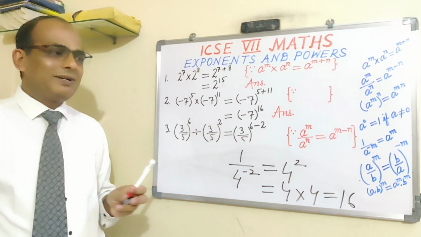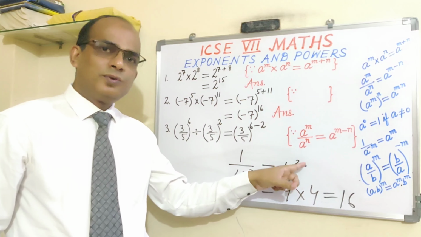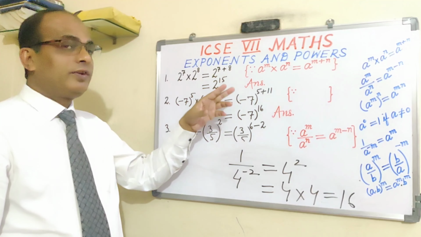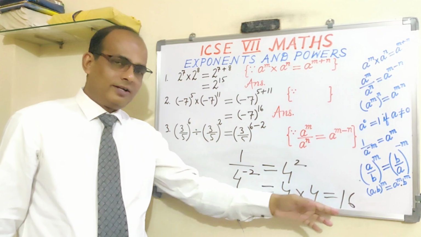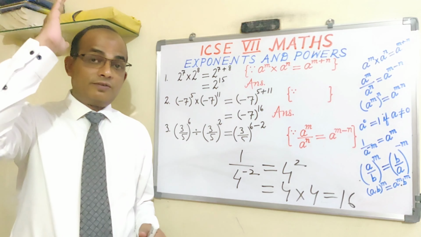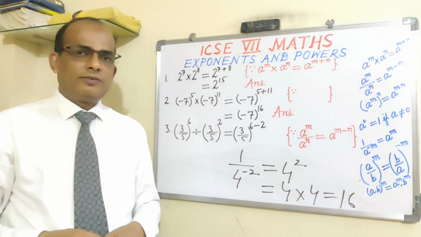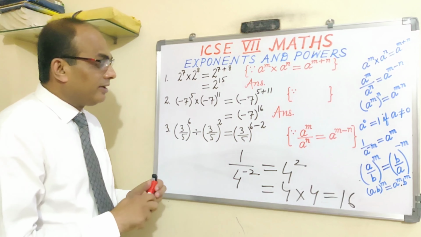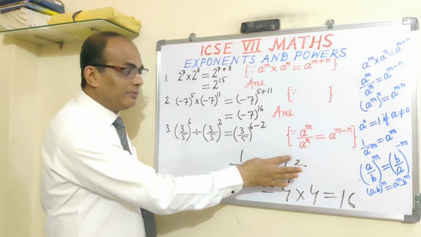But that happens when the power is 2, 3, 4 like that. If it is 15 or 16, then you will not be asked to simplify and write down the answer, because 2 raised to the power 15 means multiplying 2 by 2 by 2 many times, so generally we don't ask that. Now here it is minus, so when it goes up it becomes plus.